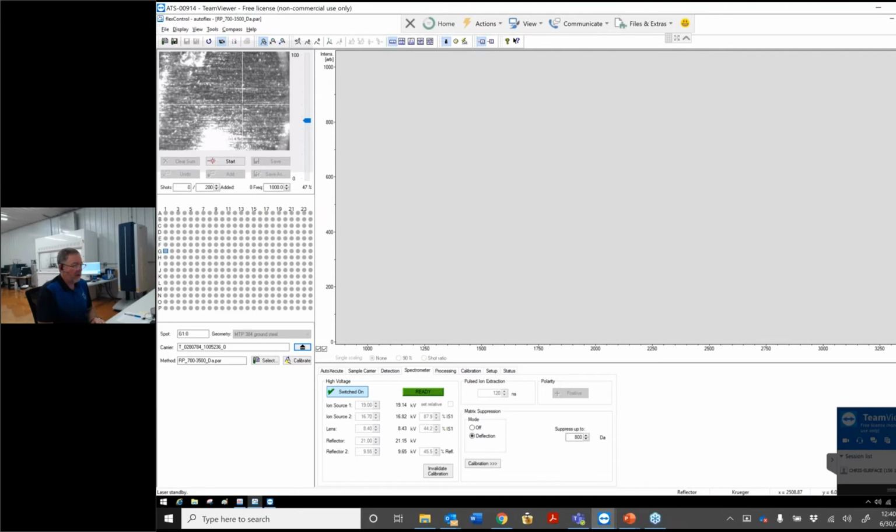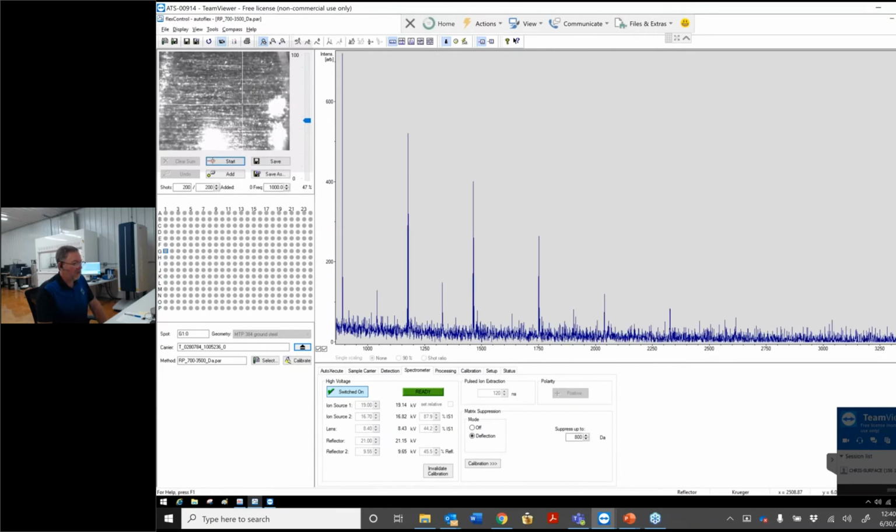And what I'm going to do now is acquire a data set by shooting this target with the laser at a laser power of 47%. So I'm just going to start the acquisition here. And this is the first time we've done this for a while, so it's going to take just a minute here to warm this up. There we go. And so you'll see as I collect this and hit the start button here, you'll see a